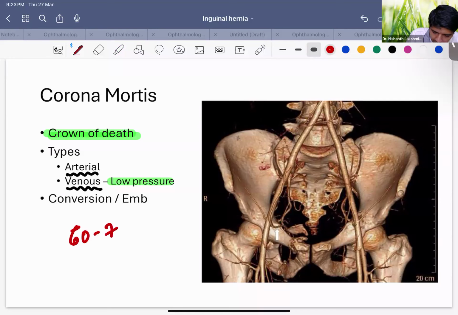Okay, 60 to 70% of the time they will identify corona mortis. You might think that we are the ones who keep encountering corona mortis, but it's more common in orthopedicians. In orthopedic surgeries, especially hip replacement surgeries, they can encounter this vessel and it can cause a torrential amount of bleeding. Now, if at all you encounter this bleeding, first convert to an open surgery and stop